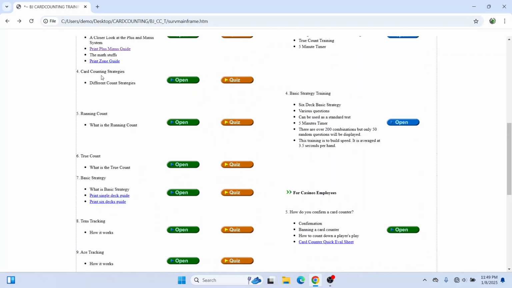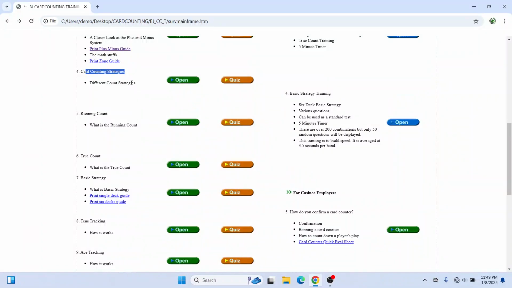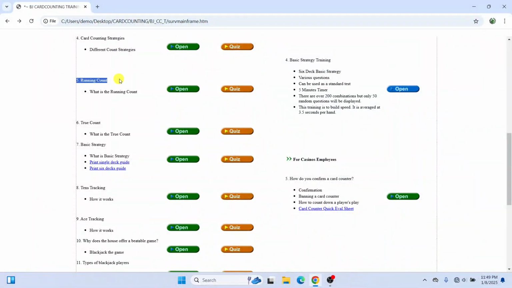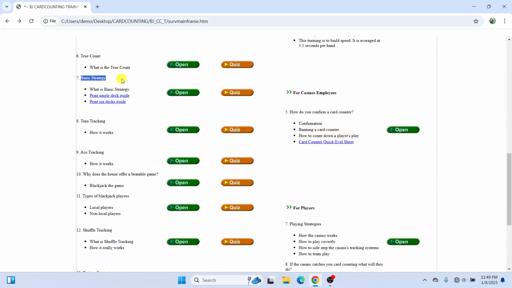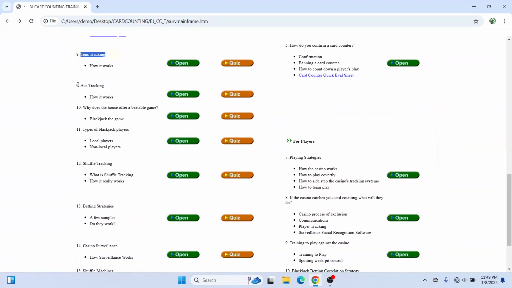And there is card counting strategy as well that you can study and take quizzes on. We use these quizzes in the surveillance department. They use these quizzes to evaluate the surveillance agents' and investigators' knowledge as well. Running count, you have the true count training, basic strategy as well, 6 deck and single deck, tens tracking, ace tracking,